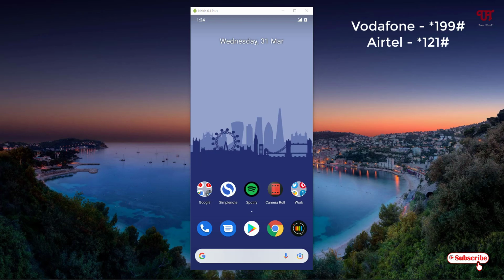And for BSNL, you need to dial *1#, and for Jio, you need to give a missed call to 1299, and for Idea you need to dial *147#. So these are all the respective numbers by which you can find out your own mobile number using